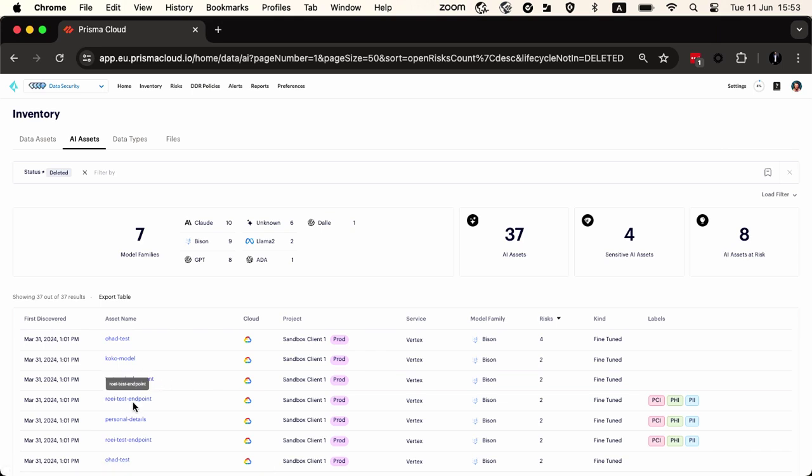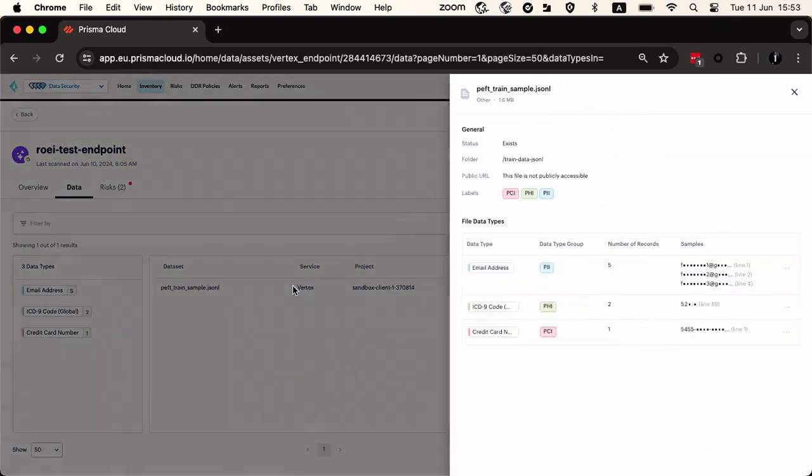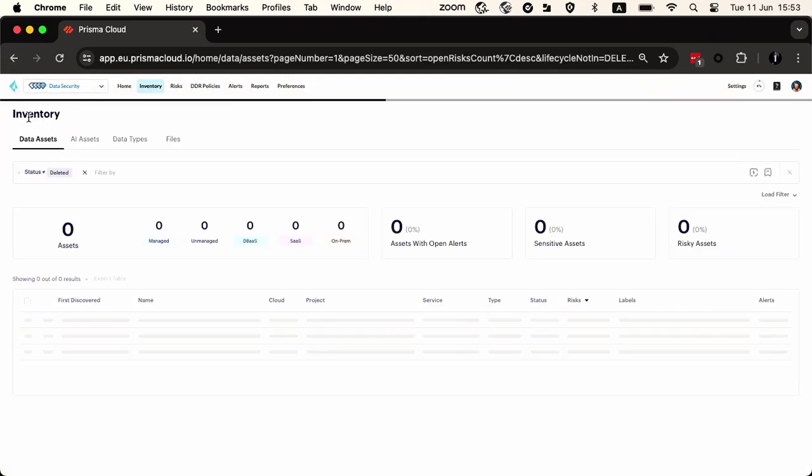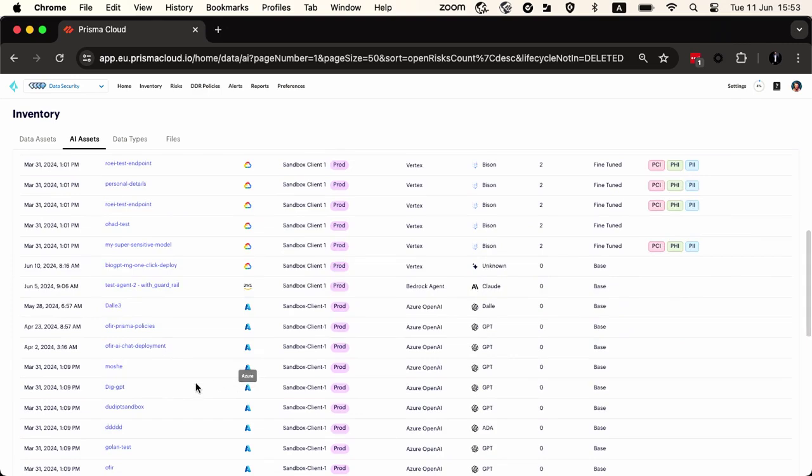Now, for each type of AI deployment, we're able to see all the information about it. Where is it being trained? Where is it inferring data from? Which model is it using? What's the AI deployment that essentially has all this information? All of this expanded into the AI application ecosystem as well. Very, very powerful. And we do this again for any type of AI application.